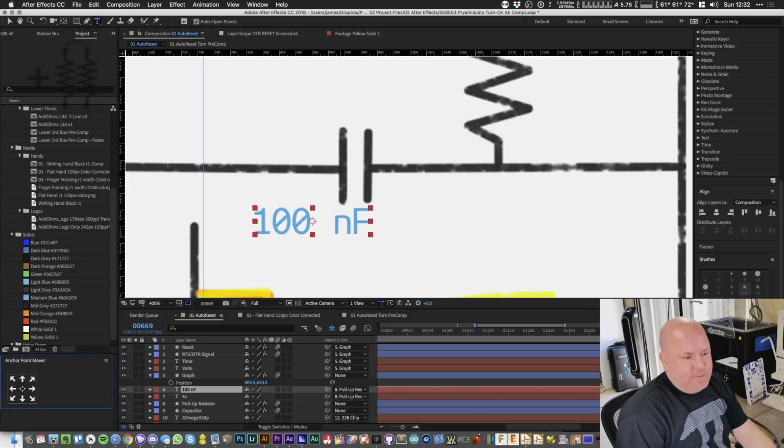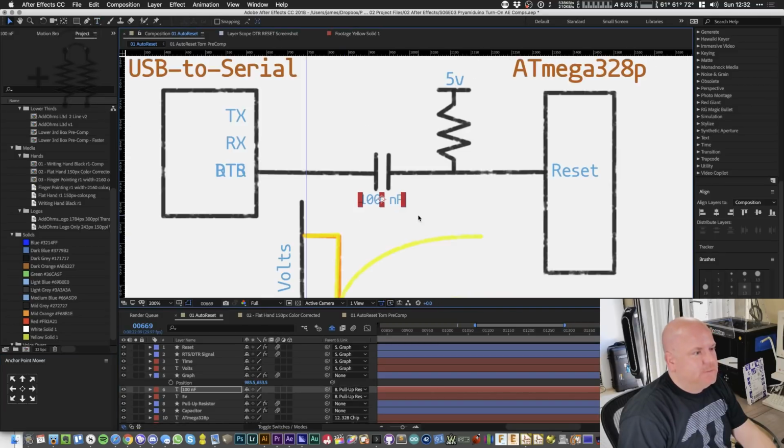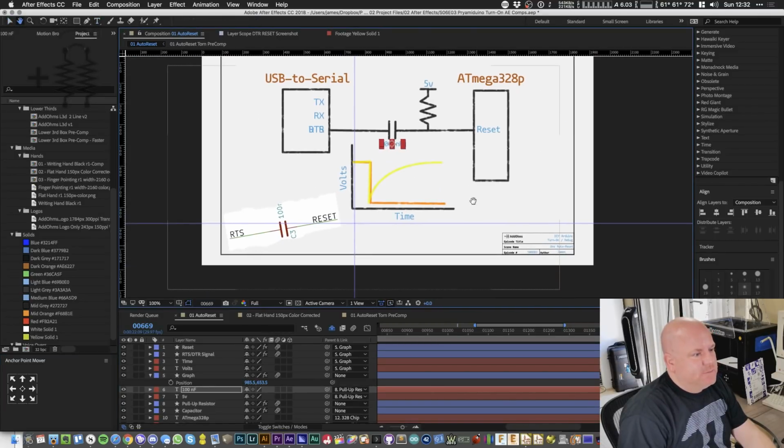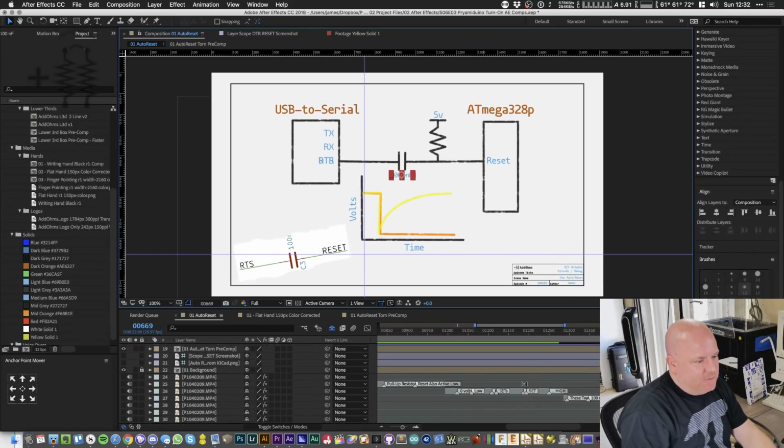I want to make this really small, like 36. All right. Okay, so that's looking good. So I think I've got all the major elements I wanted. Pull-up resistor. I need to do something about, that's why I wanted to take this back out, because I want to show